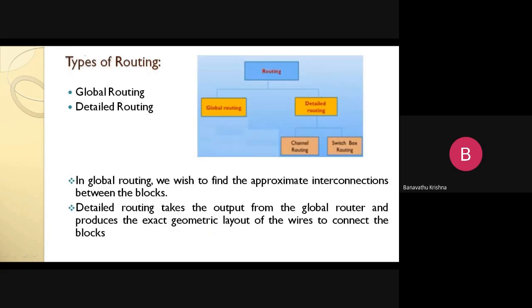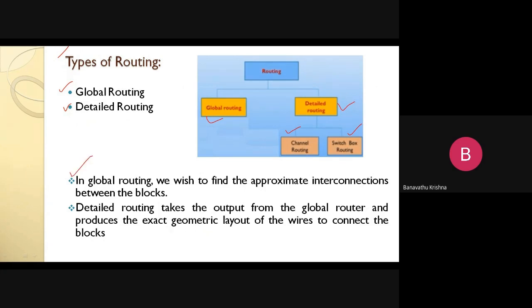And coming to here, the different types of routing connection, that is nothing but global routing connection and detailed routing connection. It is the flow chart of these particular types of routing connection. This is global routing connection, and detailed routing connection. In the detailed routing connection, there are two types of connection here, nothing but channel routing and switch box routing. I want to show how the channel routing is going to be performed, and how the switch box routing is going to be performed here, right?